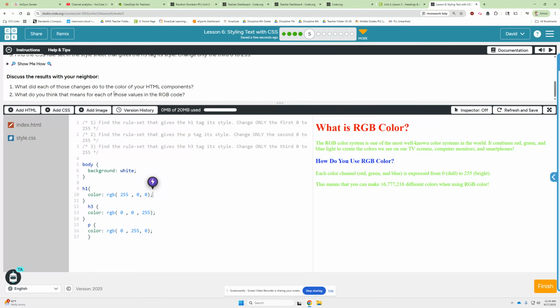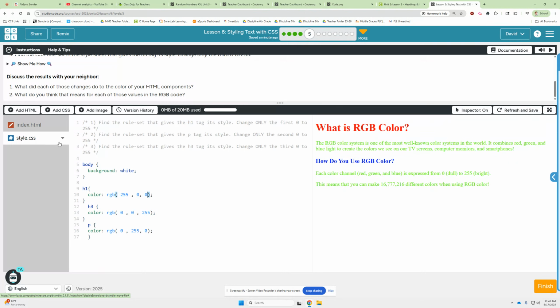And what that means is, when you're doing RGB values, it's a range from 0 to 255, and it's saturation levels. So if you choose 0, you're saying 0 saturation of that color, and in this case it's red, and then the second value is green, and then the third value is blue. So RGB stands for red, green, blue in that order. So that's why this is showing up